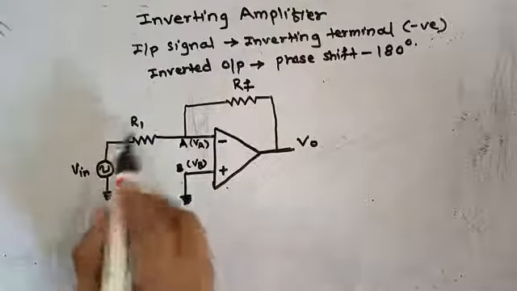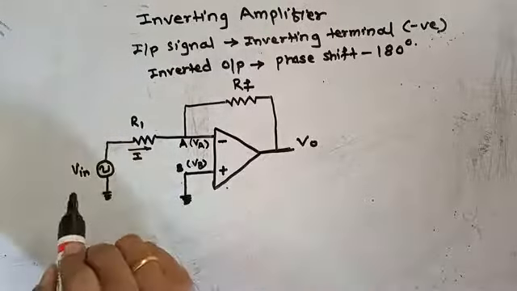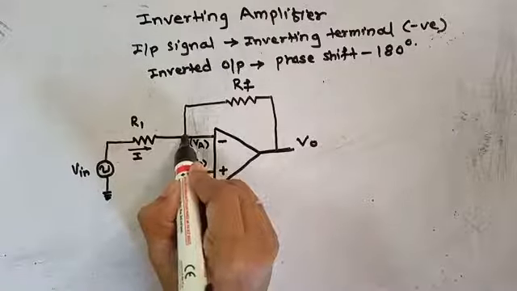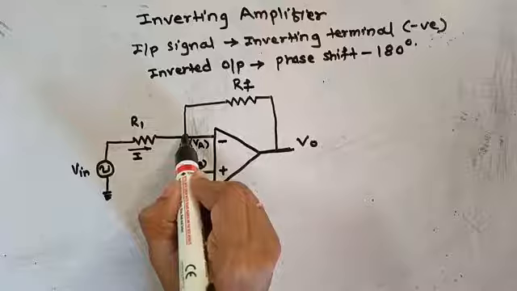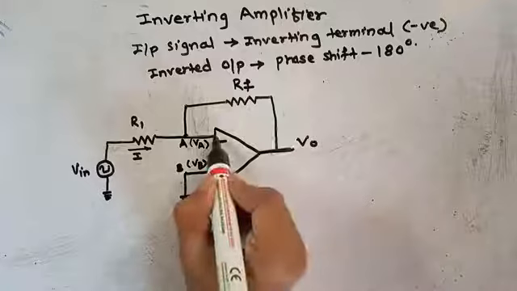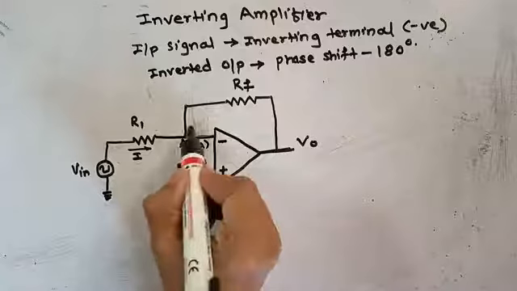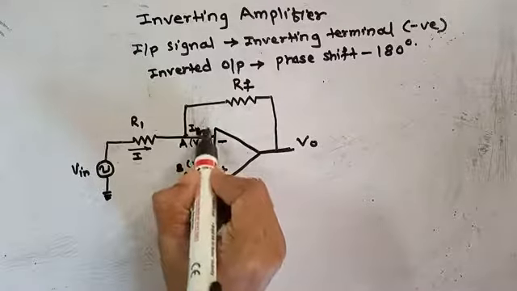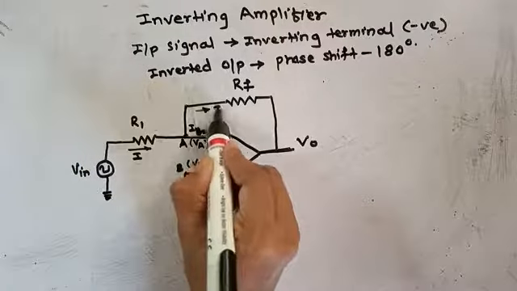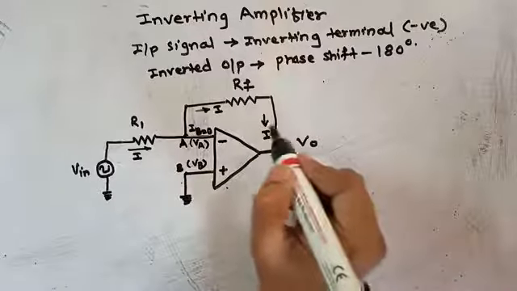Now the current flowing through this branch is the total current, so we use the variable I to show the current. Here a branch is present, so the current is divided like this, from this to this and this to this. But we know that the internal impedance of the op-amp is very high, so IB is 0, and I flows directly through this branch.